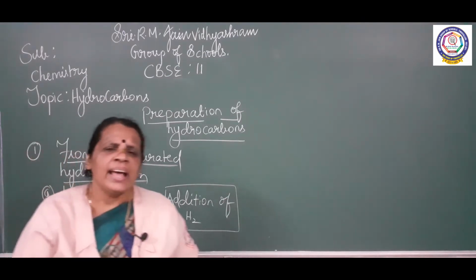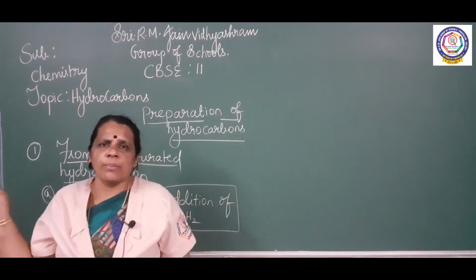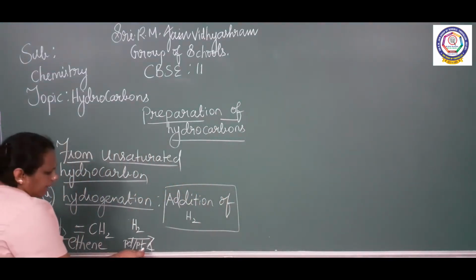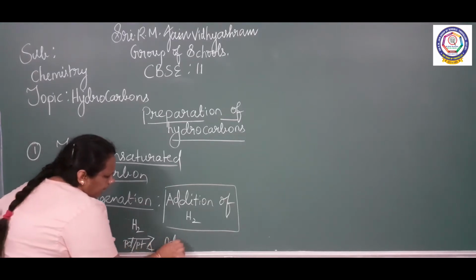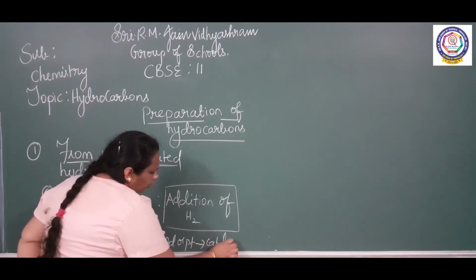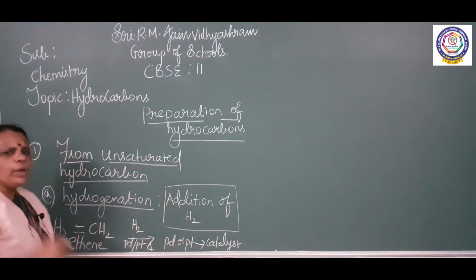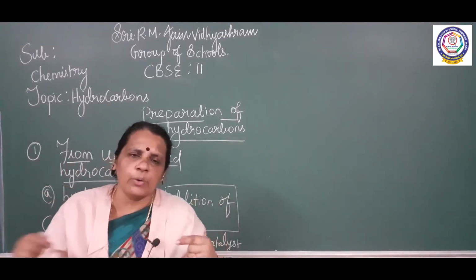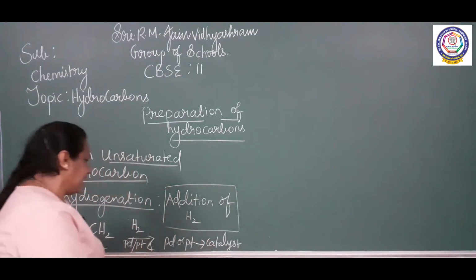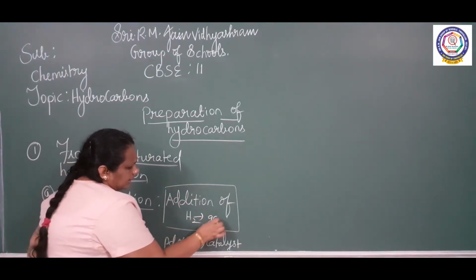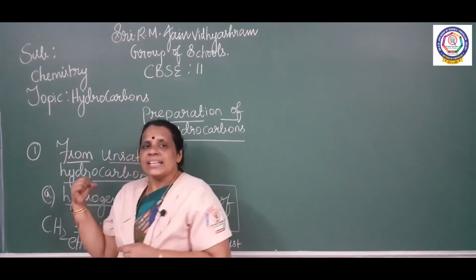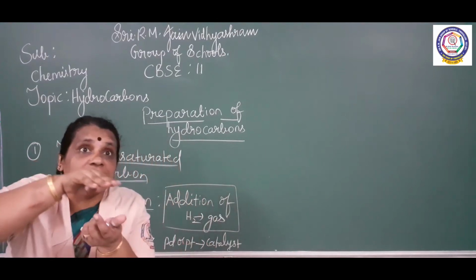So we are going to add hydrogen to unsaturated hydrocarbon in the presence of a catalyst. What is the catalyst we are taking here? Either palladium or platinum, used to increase the speed of the reaction. So in the presence of a catalyst, I am carrying out hydrogenation. I am adding hydrogen. Here hydrogen is in the form of a gas. H2 is a gas. So what am I going to do? I add hydrogen gas to the surface of the catalyst, and the hydrogen gas is absorbed.